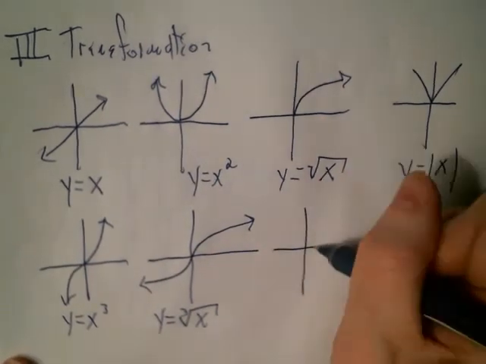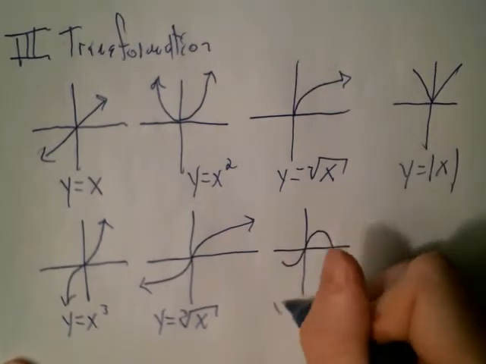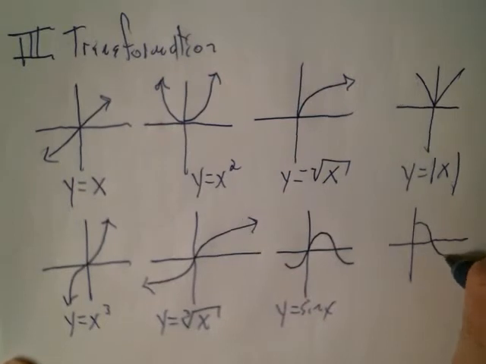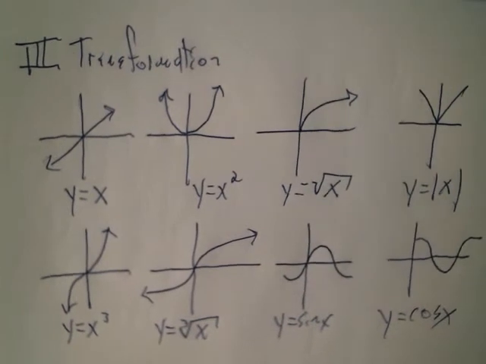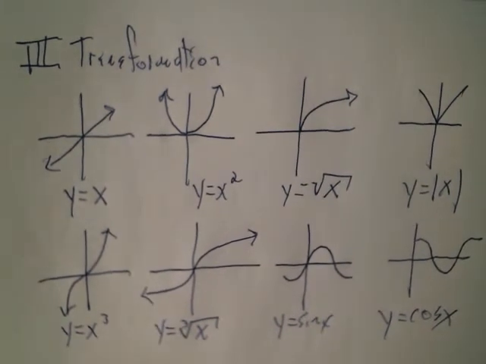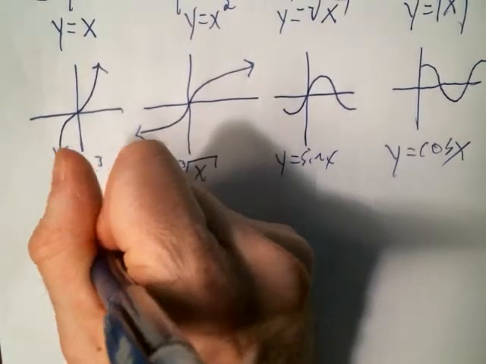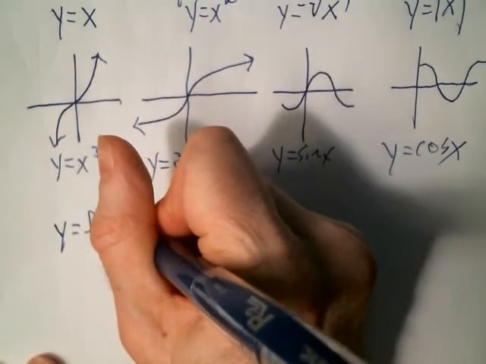You know, then your trig functions, so, you know, y equals sine of x, and y equals cosine of x. As long as you know that, you can graph a tremendous number of other graphs just by using the transformations and shifts. So let me remind you of those things. What are they? So if you have y equals f of x plus or minus c basically,